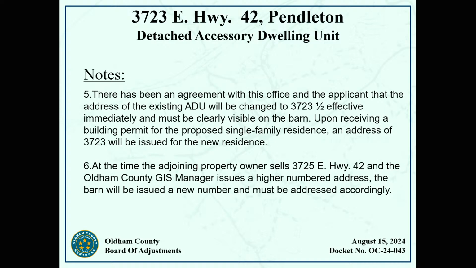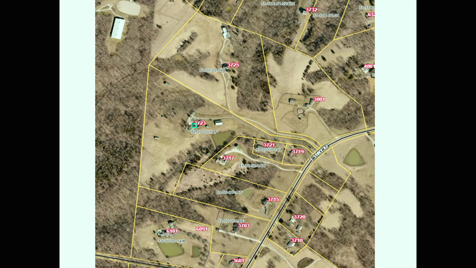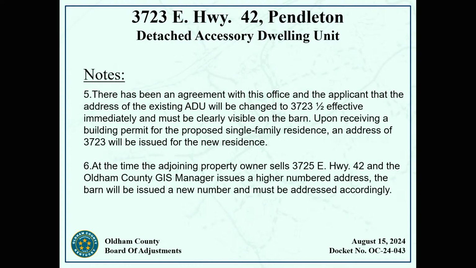Upon receiving a building permit for the proposed single-family residence, the address of 3723 would then be issued for that new residence. So on that property, there would be a 3723 and a 3723 and a half. At the time, the adjoining property owner at 3725, which is the one just north of the property, has been approached about potentially changing their address, and at the time that person doesn't want to change their address. But at the time that owner sells, which is a good time if you're going to change an address to do so at that moment,